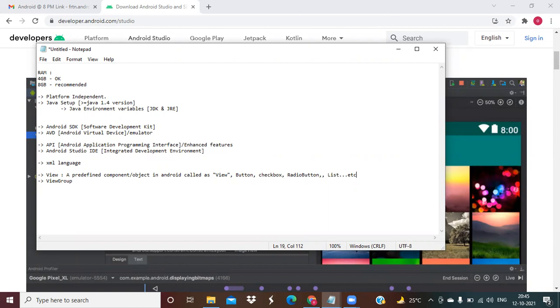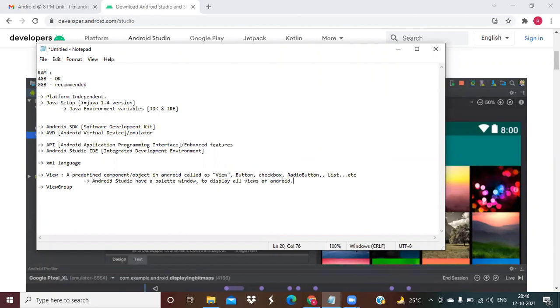Then how are we going to write it in XML? Everything the Android SDK defines will be displayed in a palette window. Android Studio has a palette window to display all views of Android.